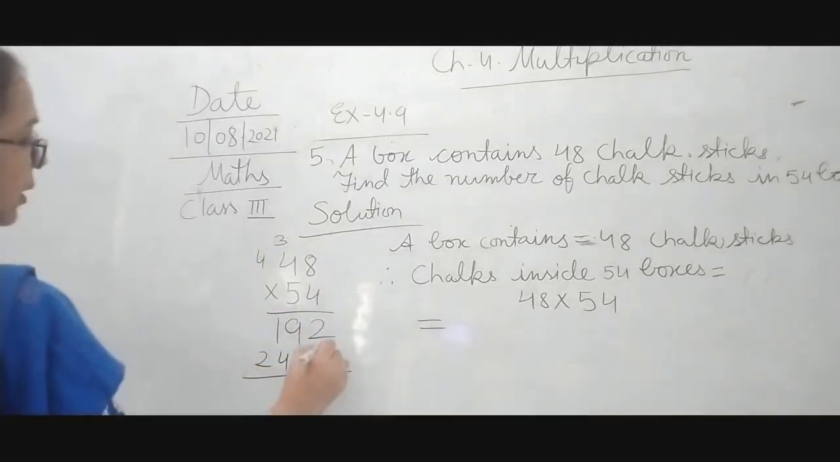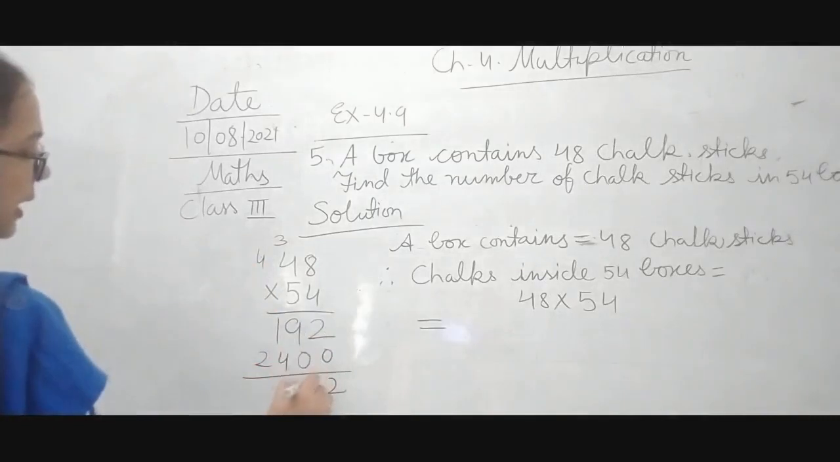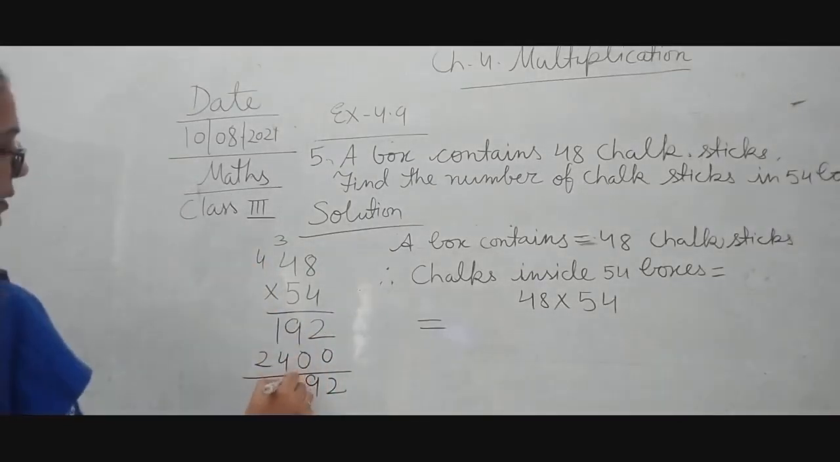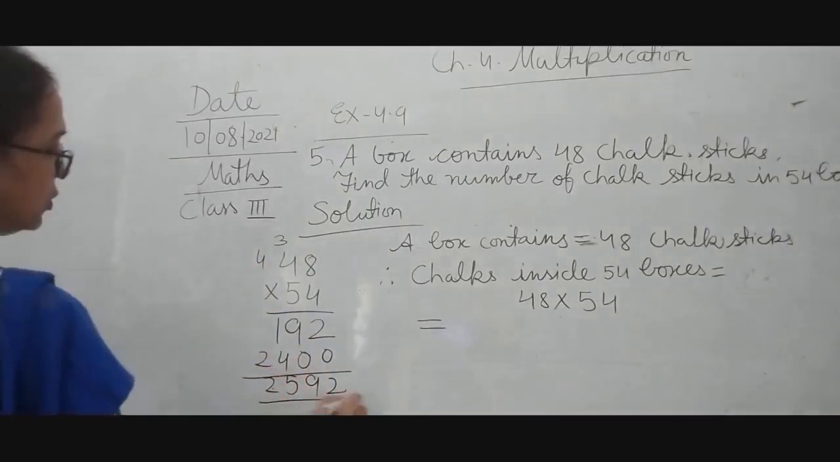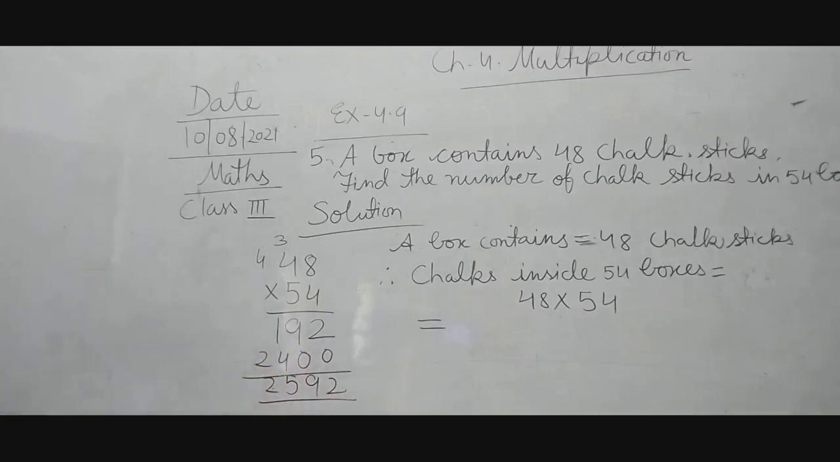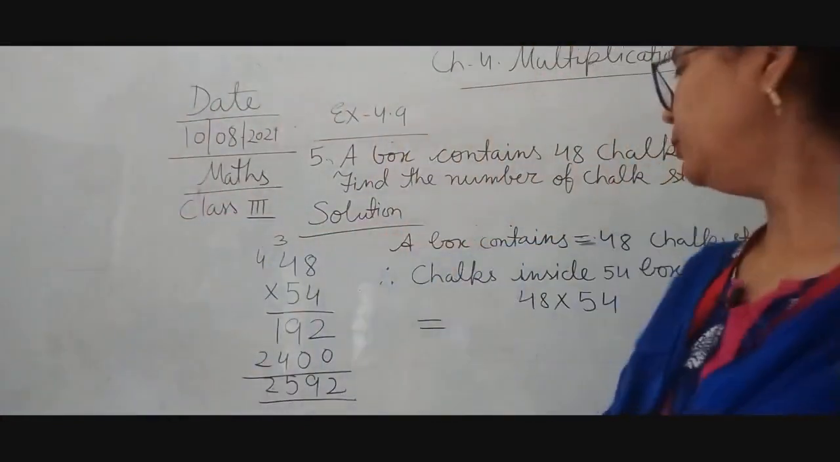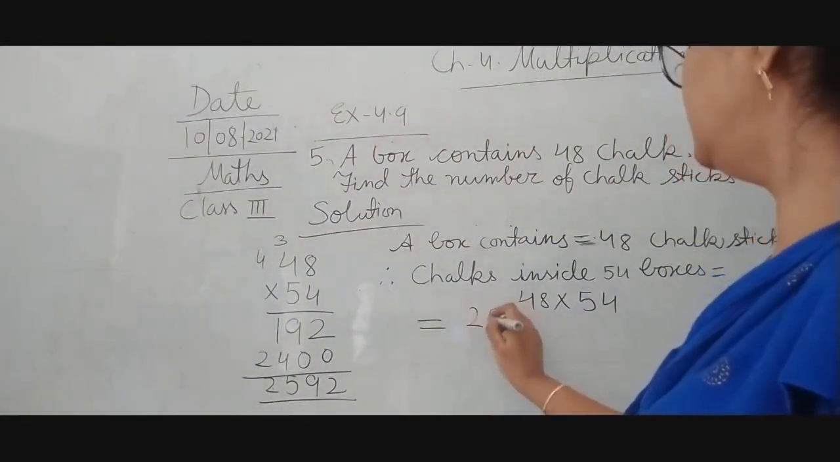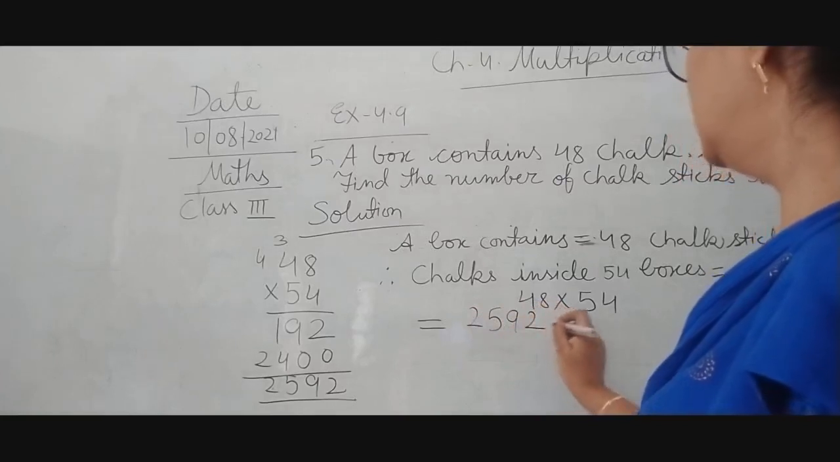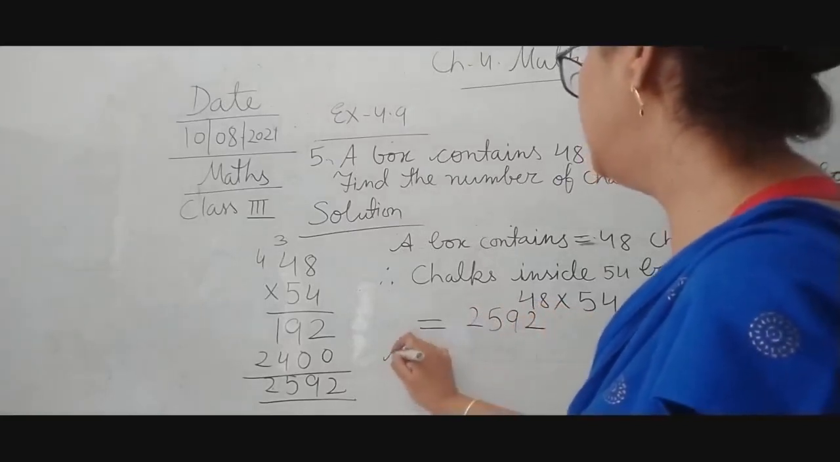Okay, now 2, 9, 4 and 1 is 5 and 2. So the answer we will get is 2592 chalks inside the 54 boxes. Okay children, 2592. So we will write over here 2592 chalk sticks. For the answer we will write